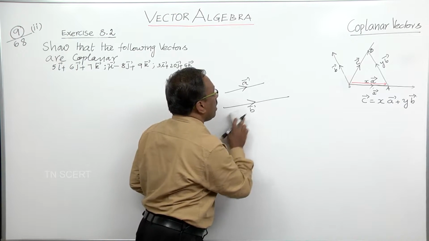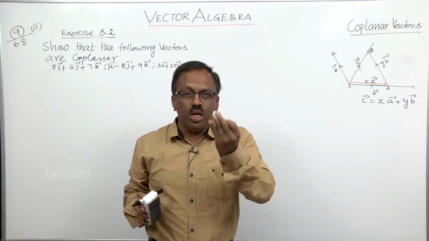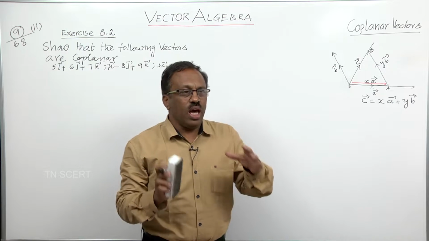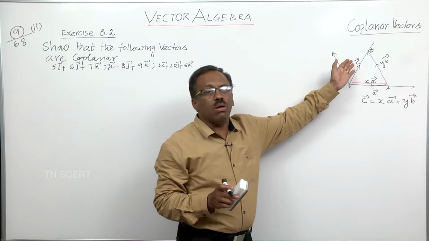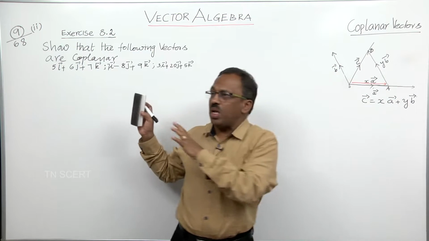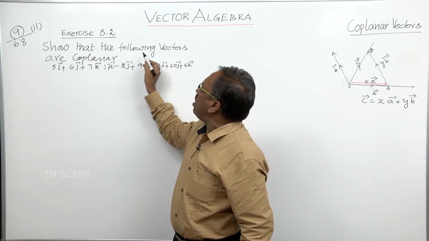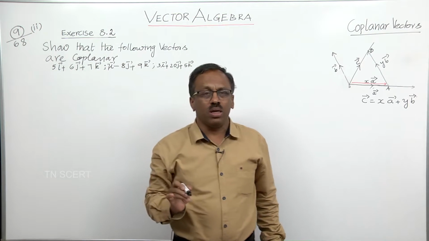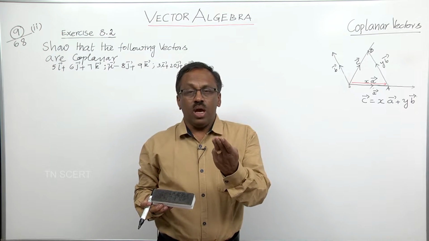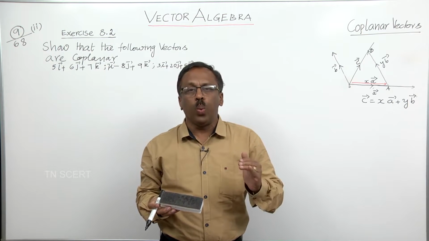And for coplanar, we need three vectors. Collinear means two vectors, coplanar means three vectors. Here let us think about coplanar vectors. For this particular sum, exercise 8.2, show that the following vectors are coplanar. Coplanar means we need three vectors. If it is for 2 we can write directly, if it is for 3 we have to go with a process